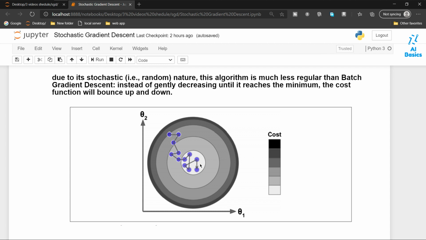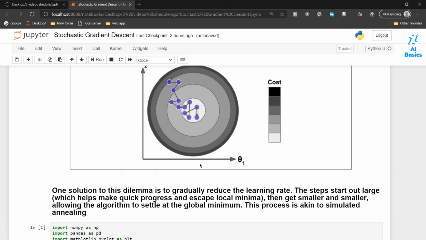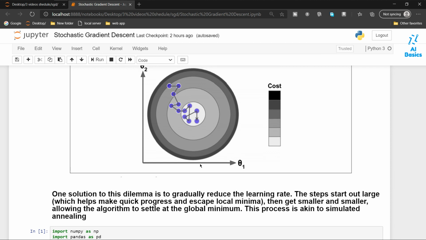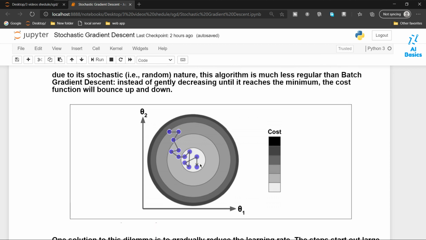You have to remember that. So how do we solve that problem? One solution is to reduce the learning rate after each iteration. That is called simulated annealing, or learning rate decay, or whatever you want to call it. That is the solution for this pitfall.